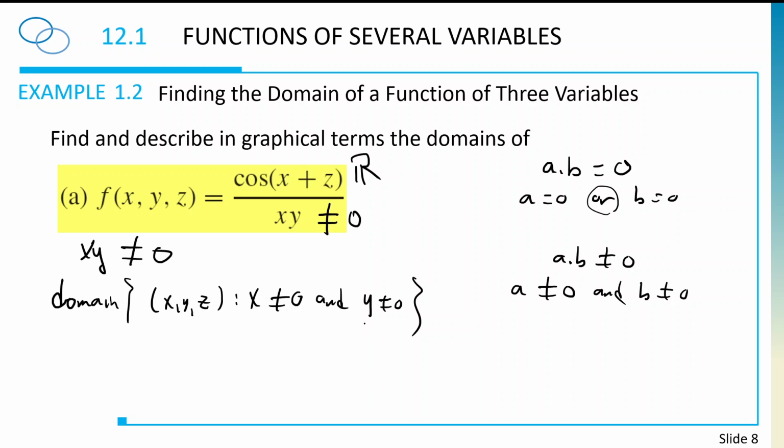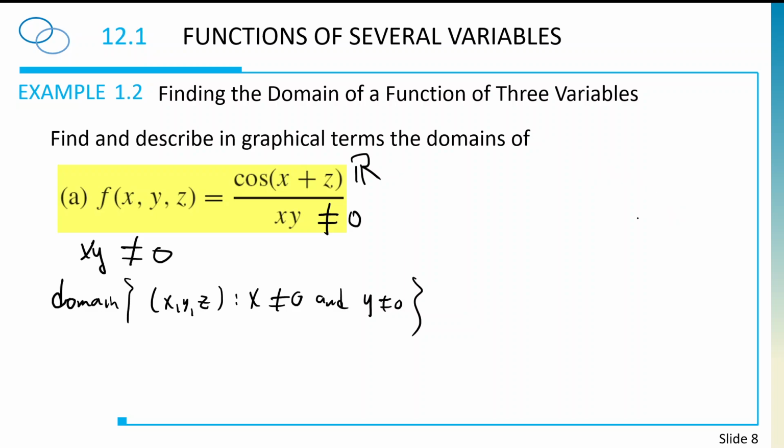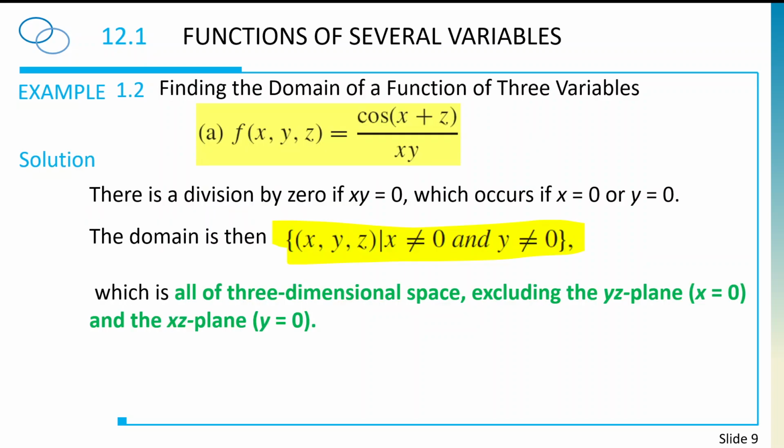You see, this is the basic logic I always tell you about. When you deal with anything in math, you need just to work with logic. This is a logical statement. This is the negation of the zero property, so it's now AND. Anyway, clearly I can't have x equal to 0 or y equal to 0. Now, how can we describe this domain? What can we say about this? If x, y, z is an ordered triple and x can't be equal to 0 and y can't be equal to 0,